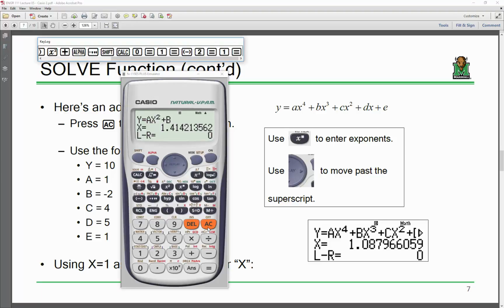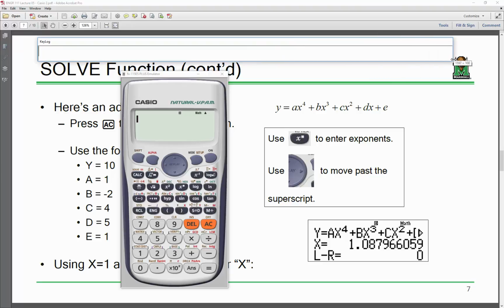So first off, let's clear out of the solve mode that we were using before by pressing the AC button, and then I'm going to clear my keylog, and I might stretch this out a little bit so we can see what I'm entering. Okay. So I'm going to enter in this expression, and I'm going to take my time with it, but in the end I think you'll see it's pretty straightforward. So we do like we did last time. We go to alpha y, and then again alpha equals, alpha a, alpha x,